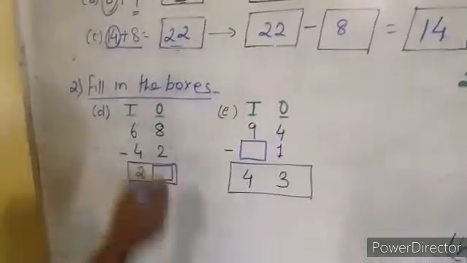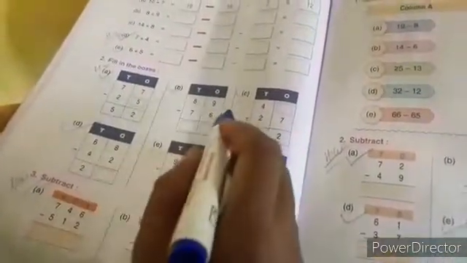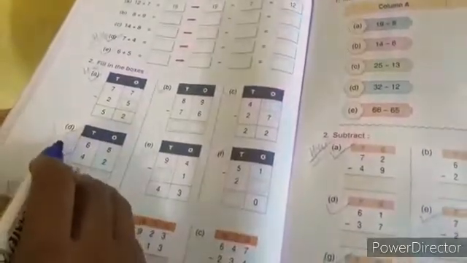Then the rest of the questions, see in your book. Exercise 2. Number A was already done in the book. Then B and C. Then you have to do questions D and E yourself. Then the fill in the box. This one I will again show you two questions, that is D and E. The rest 4 you have to do yourself.